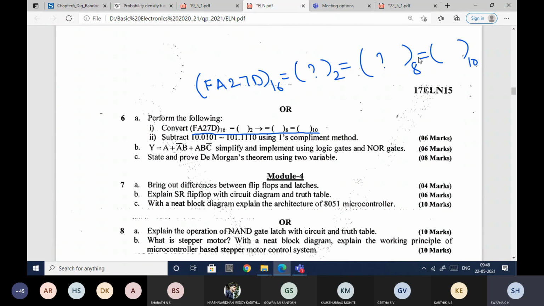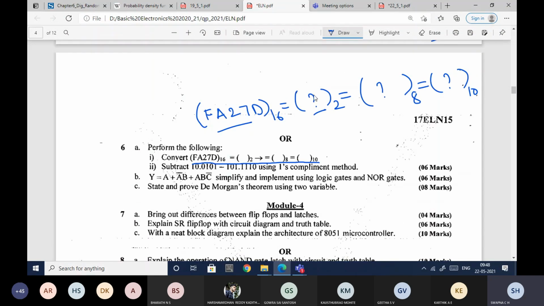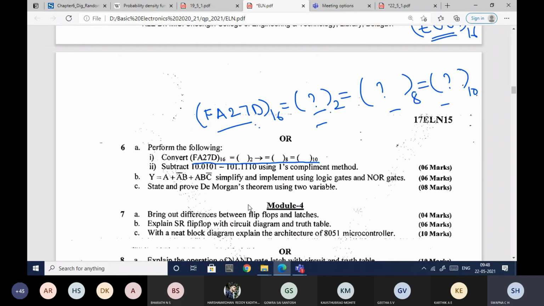You may ask me a question, ma'am, is it that from hexadecimal only we need to convert to binary, hexadecimal to octal and hexadecimal to decimal? It's not like that. You can choose. You can first convert hexadecimal to decimal number, then to binary, then binary to octal, octal to decimal. Like that also you can do. No restriction, but your answer should match. All 3 answers should be the same. Just do this problem and I want everybody in the class to post it in the chat.